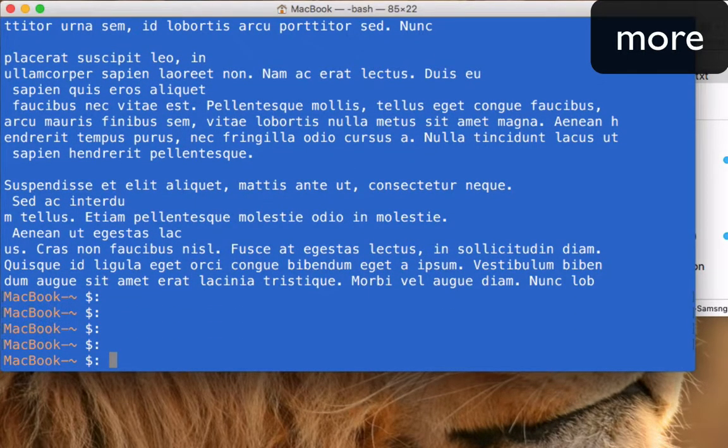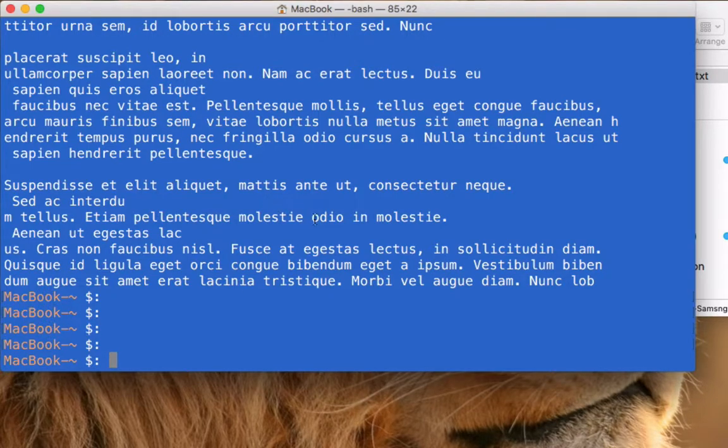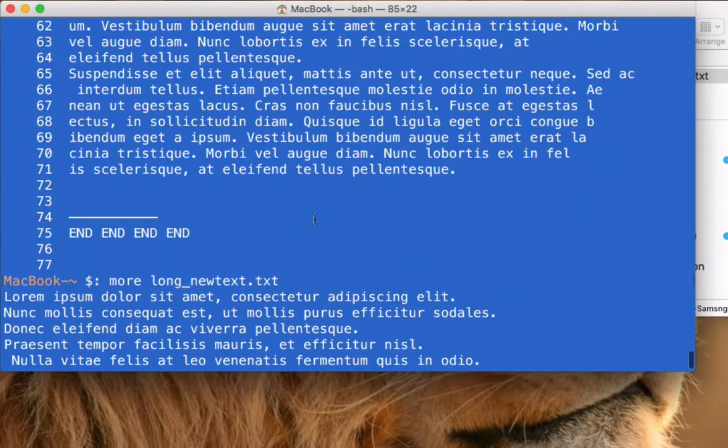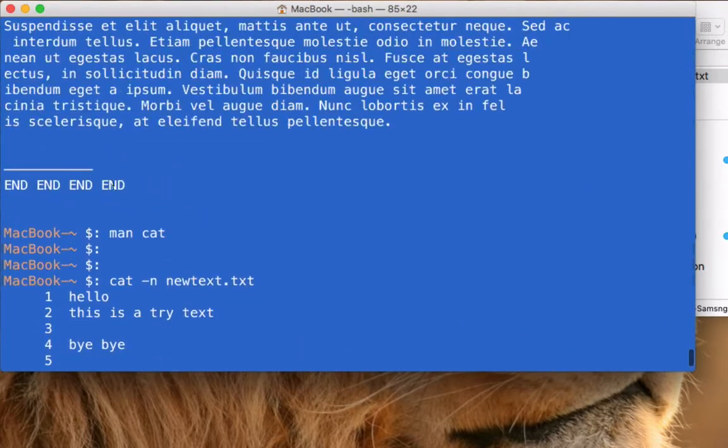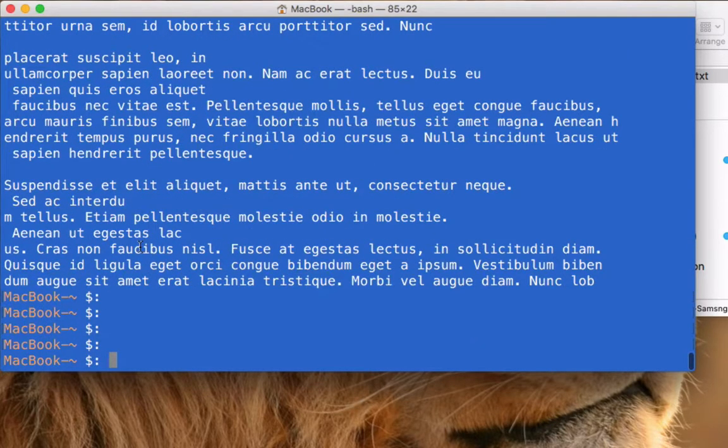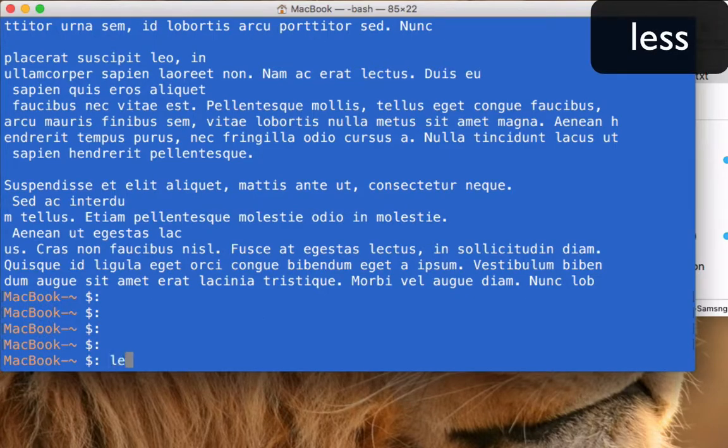Now, both the cat and the more command give the output of the file inside the same space of the terminal. You can see here that we had this text, which is in the same space as everything else in the terminal. If I want to open the file in another space, like what the man command does, when you type the man command, it opens another space, we use instead the less command. So if I type less, for example, long text,